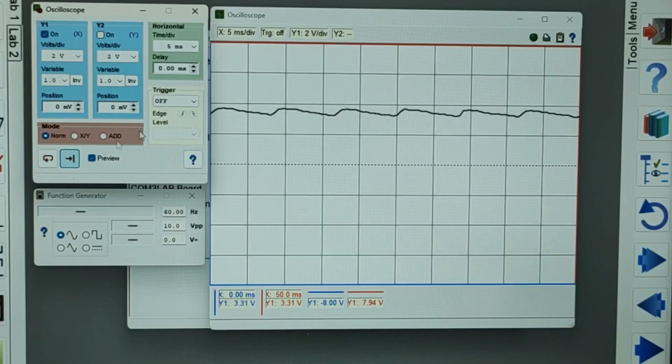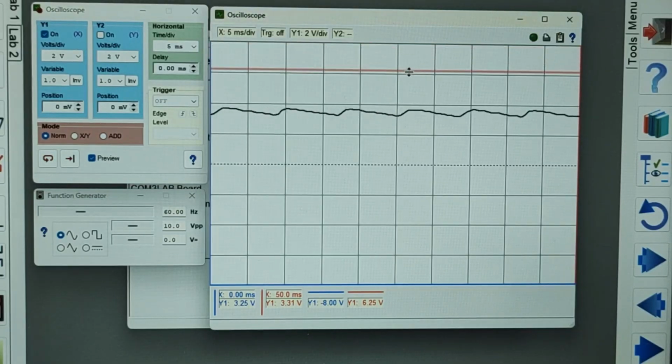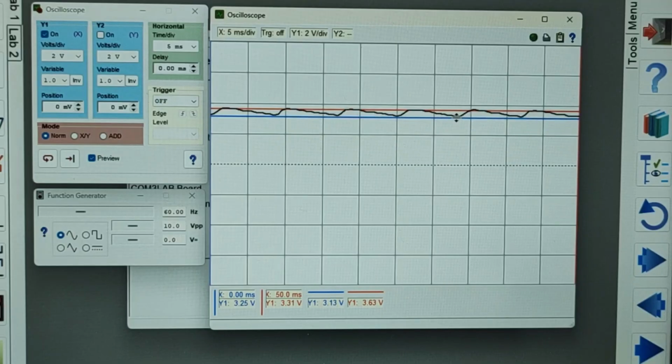We could compute for that by doing the same thing we did earlier, by taking the peak-to-peak value of this waveform, which is measured in volts. That's 3.63, as you can see at the bottom, minus the vertical position of the blue cursor, 3.31.